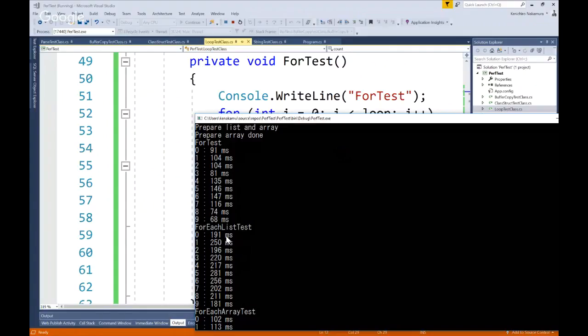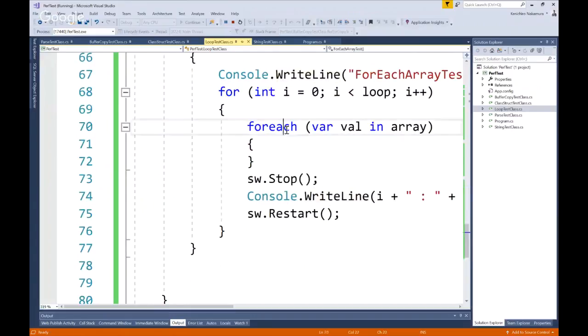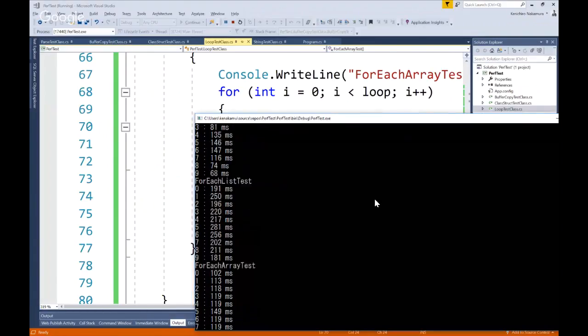Why? Then another test I was doing actually is even though I'm doing the foreach, I'm using array rather than list. In that case, what is happening is it's around 100 milliseconds. So even though foreach, if that array type, the performance is same, then why list taking so much time